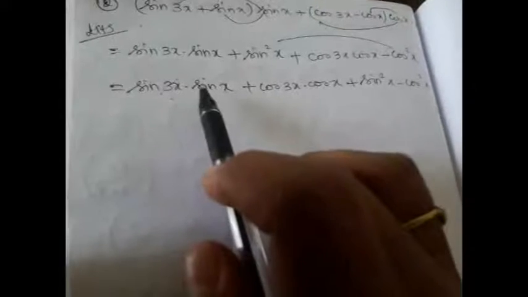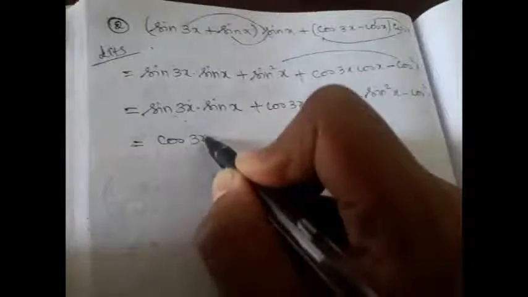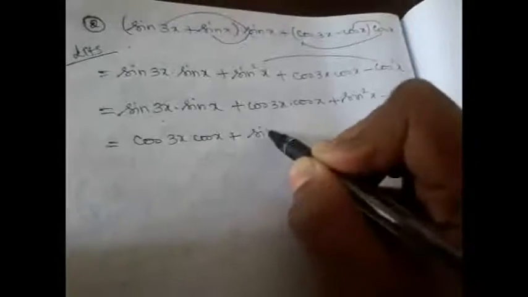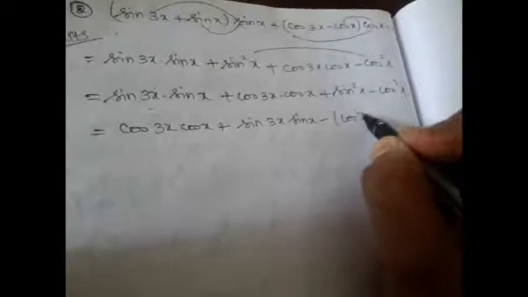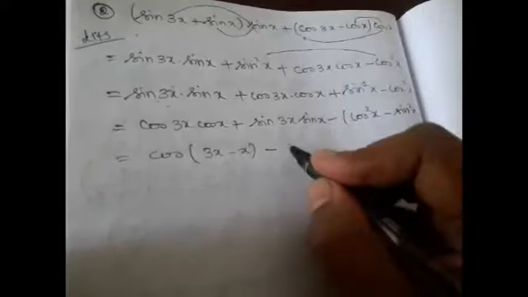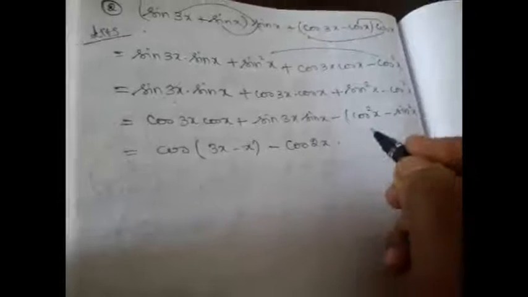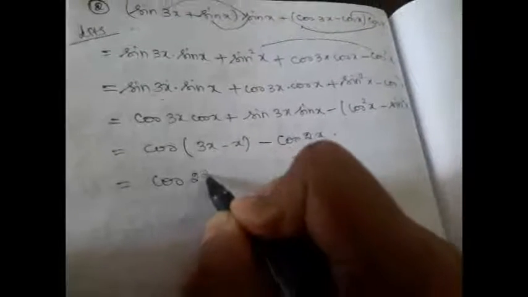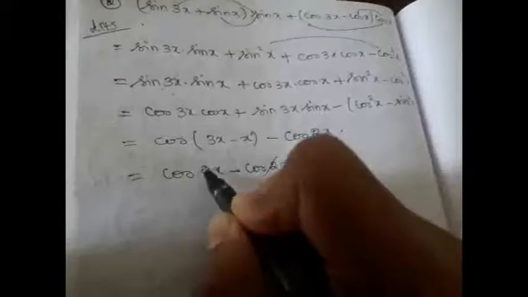For that also you want to rearrange. Initially we will have the cos term first, cos a cos b plus sin a sin b. So this I am going to rewrite as cos 3x cos x plus sin 3x sin x. I am going to take minus one common, so this will become cos squared x minus sin squared x. So this is cos a minus b, so 3x minus x, minus cos square x minus sin square x is cos 2x, right? So again this is cos 2x, this is also cos 2x, so this will become 0, which is nothing but our right hand side.